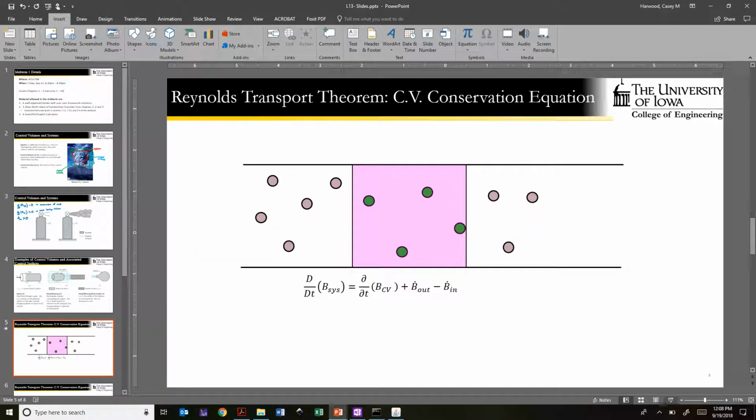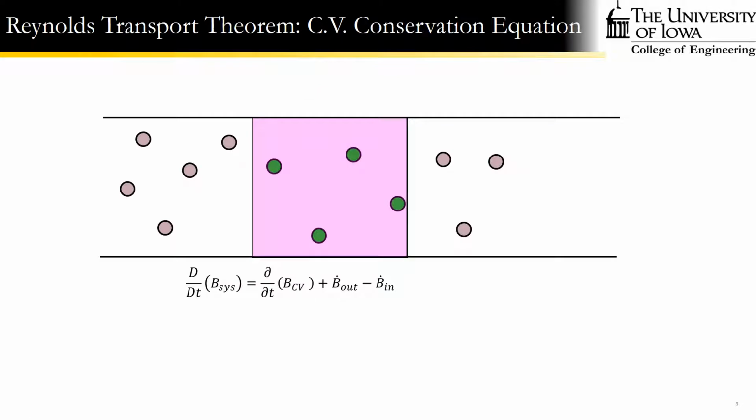All right, so here we've got that statement I just wrote down. This is the Reynolds transport theorem. That equation is what that's called. So I'm going to consider a case where these four green circles make up our system at some instant in time. All right, so we might say that B, right, is defined as, I